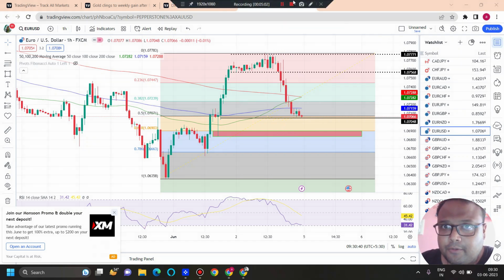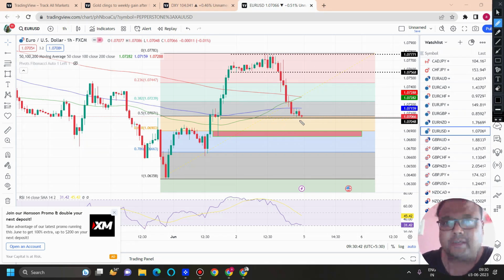So right after the market opening, we can look for a sell position. If we see that the dollar is showing upside and Euro USD is under pressure, you can look for a sell below the 1.0700 level. Okay, and the next support on the chart of Euro USD is around